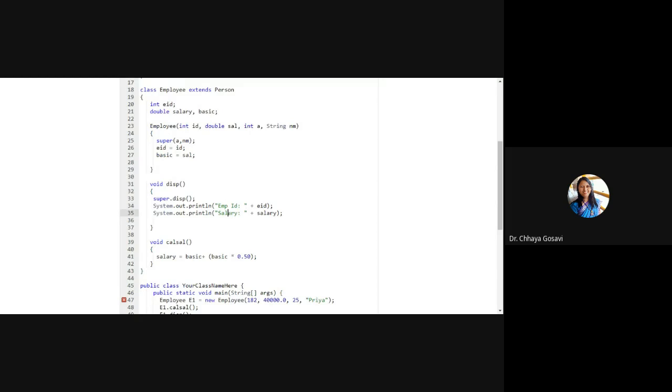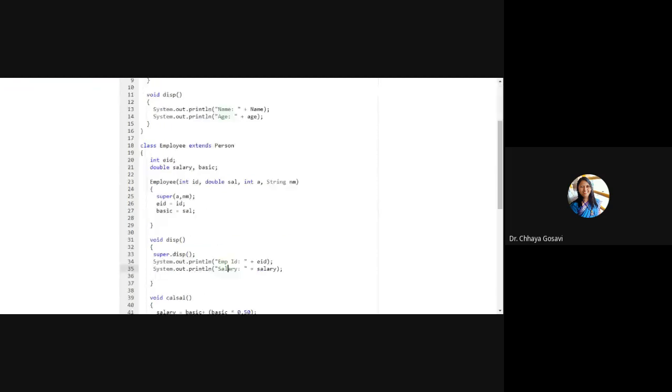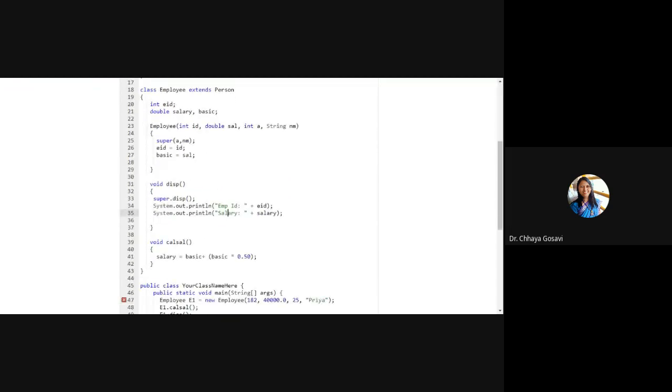Now in this case we just have two lines. You will wonder why call super instead of just writing two lines of system.out.println. But assume that you have a completely different function, and instead of writing all the logic again, you just use a single line, super dot, and call that function. Control will go there, perform that function, and come back to your original function.